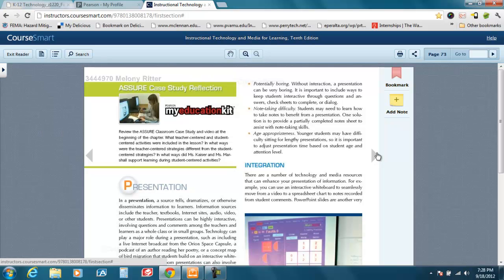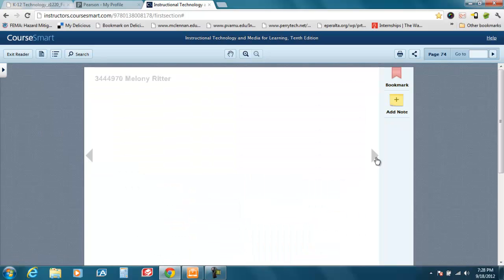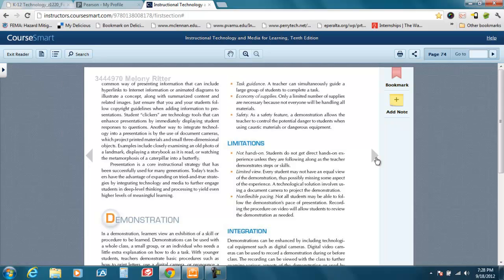One thing that we do want to talk about are the limitations and the advantages of using free and inexpensive materials in instruction. In our class, under the Resources tab in Angel, you have access to a list of dozens of different types of free and inexpensive materials. Also, at the end of every chapter, the textbook lists all different types of resources for you. And with any type of resource that you use in the classroom, there are advantages and limitations. I believe on page 86,